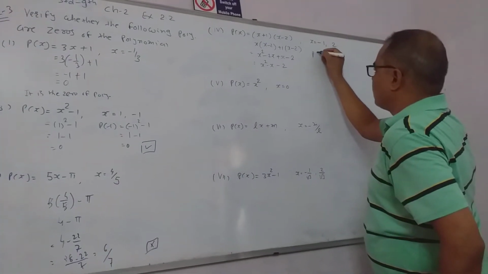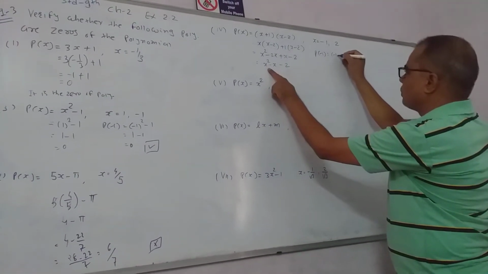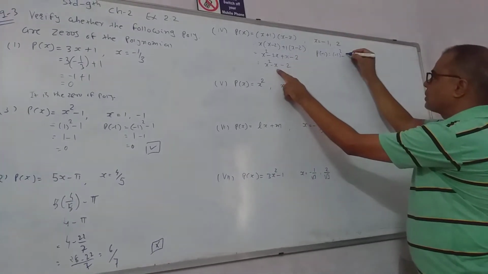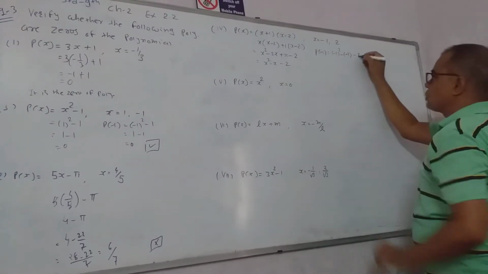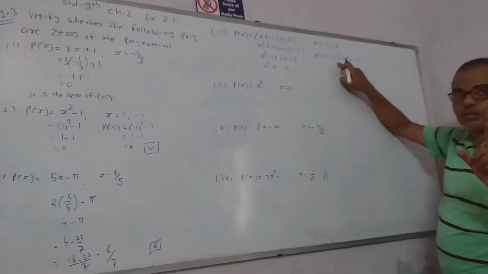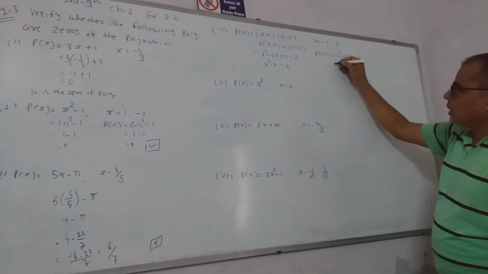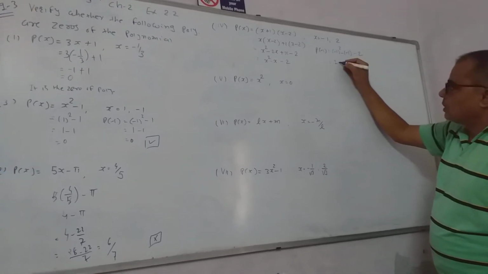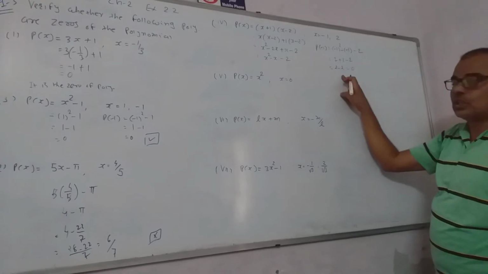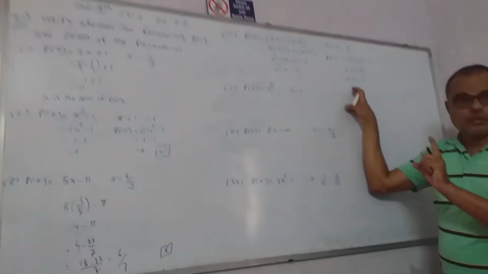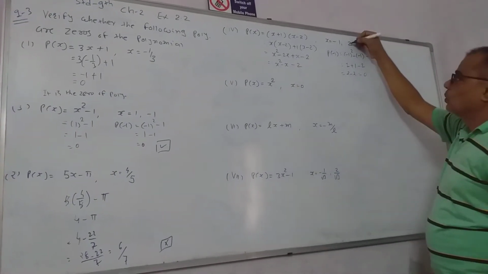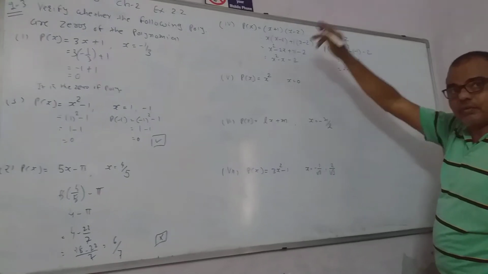So put here minus 1. Minus 1 square. Minus, this is minus separate. And the value of x is also minus, and minus 2. So first you have to simplify the power. 1 square, the answer will be 1. Why? Because the power is even. 2 times minus means plus. 1 plus 1 is 2, minus 2, 0. So this is the zero of the polynomial. When 0 comes, it means it is the zero of the polynomial. Right? So you can do like this by putting a value of 2.